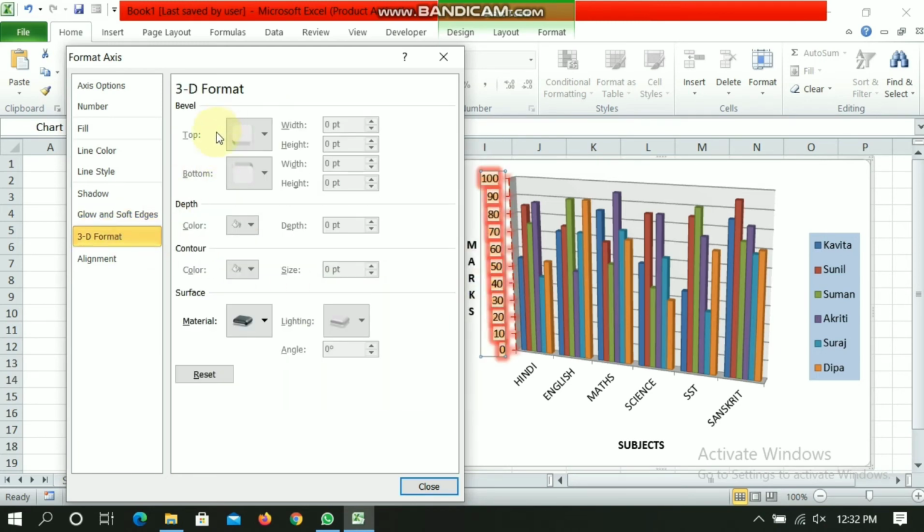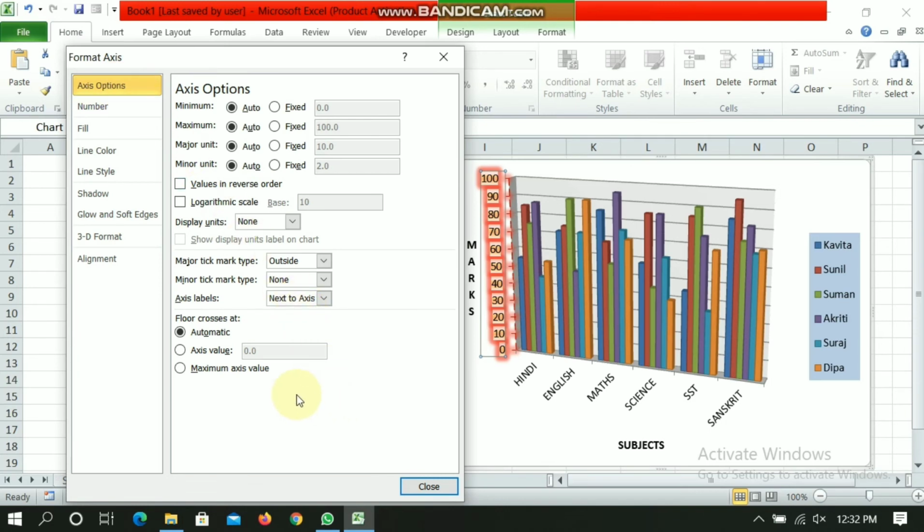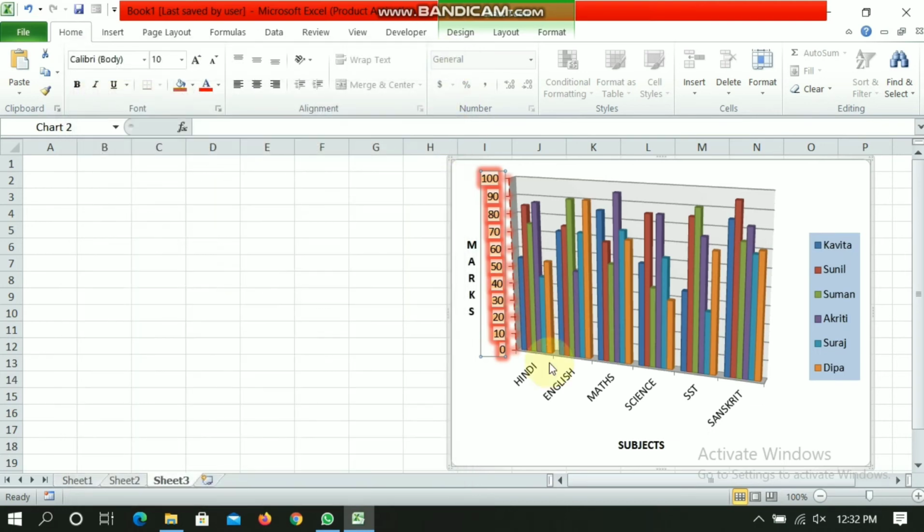And 3D format, you can change the depth, contour, surface, bevel of this axis, like this. You can change or format the scale of value axis. You can do the same for category axis as well. Here this one is category axis or horizontal axis, and this is horizontal axis title or category axis title. You can change it similarly as well.